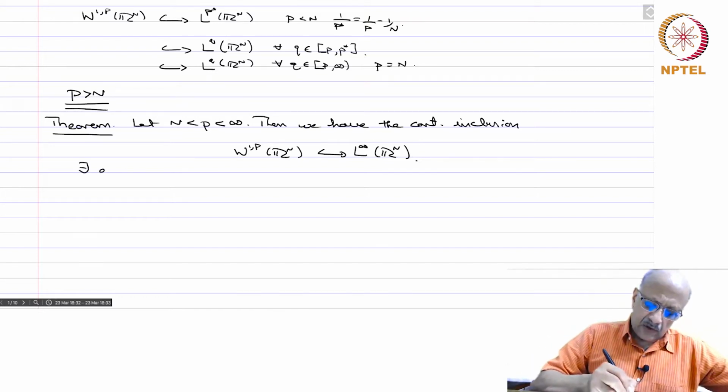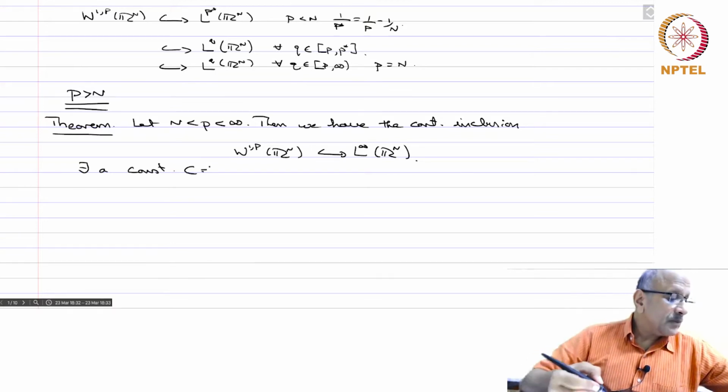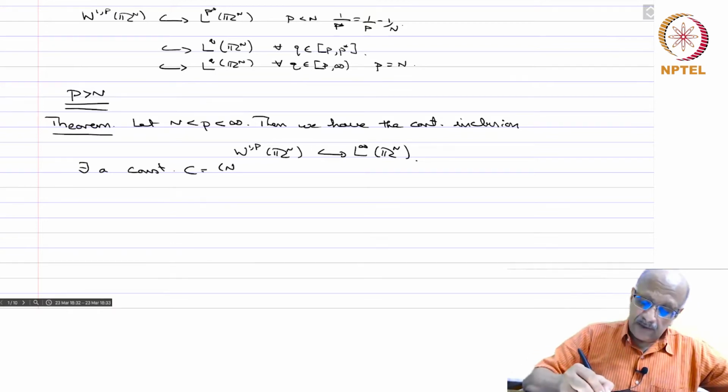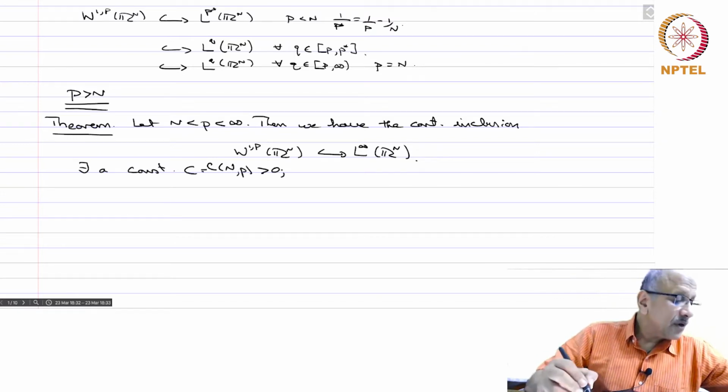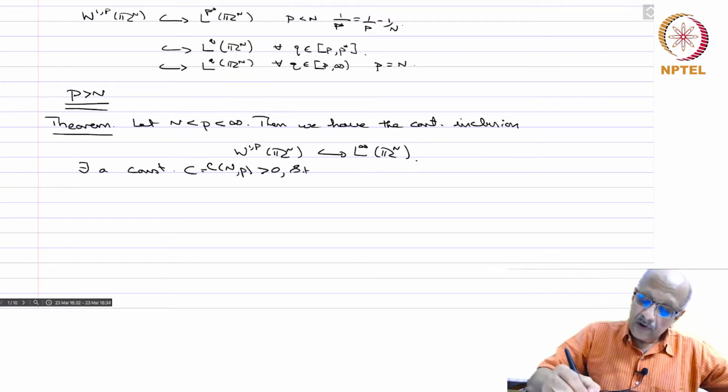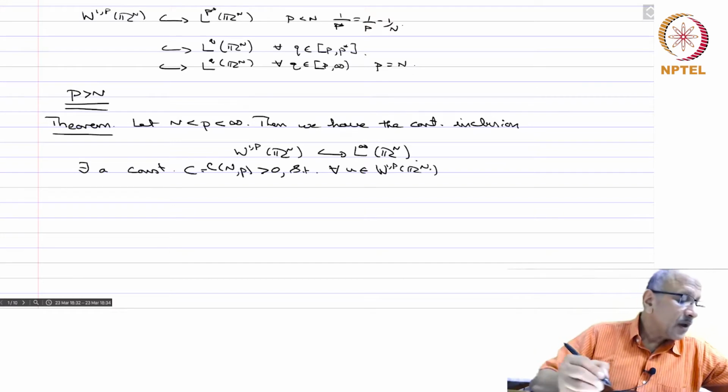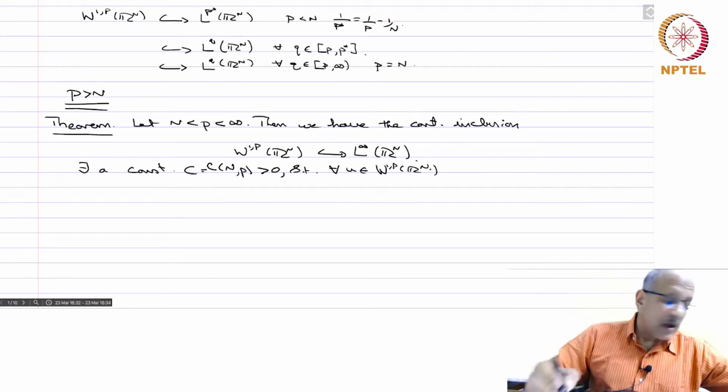There exists a constant C which depends only on n and p and is strictly positive, such that for all u in W^{1,p}(R^n) we have,